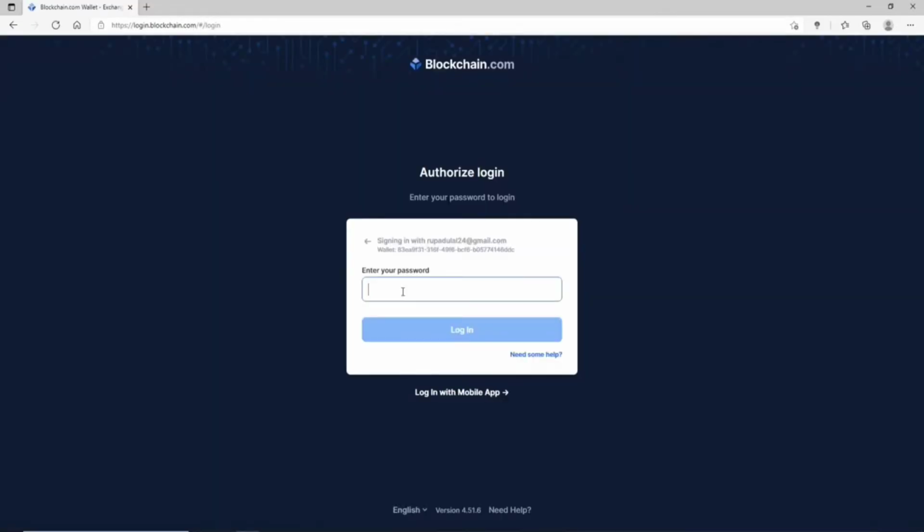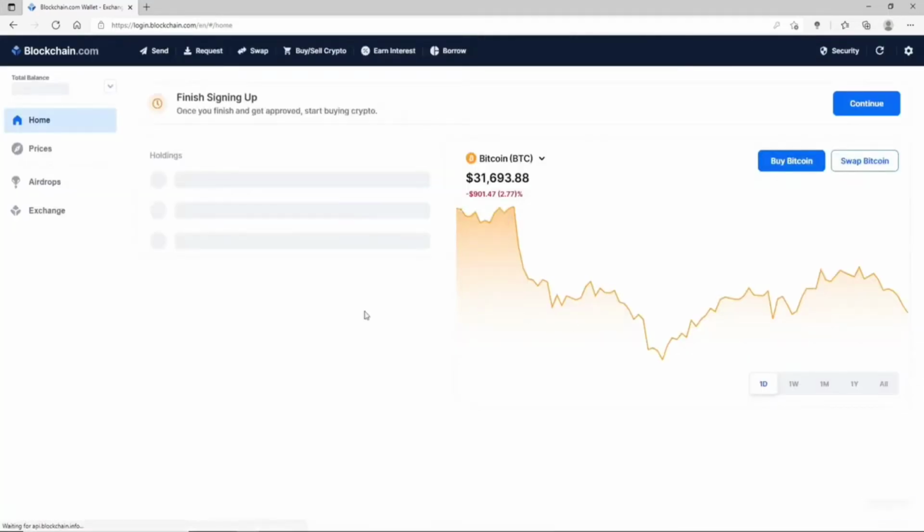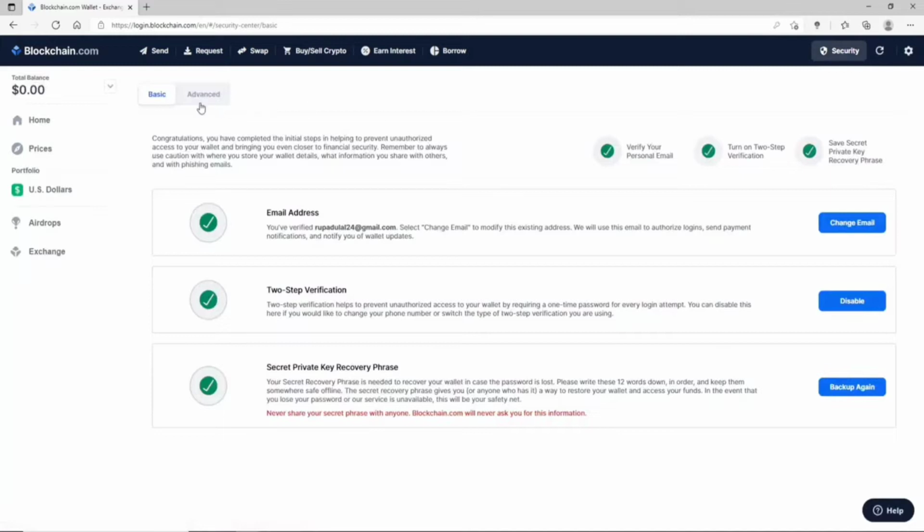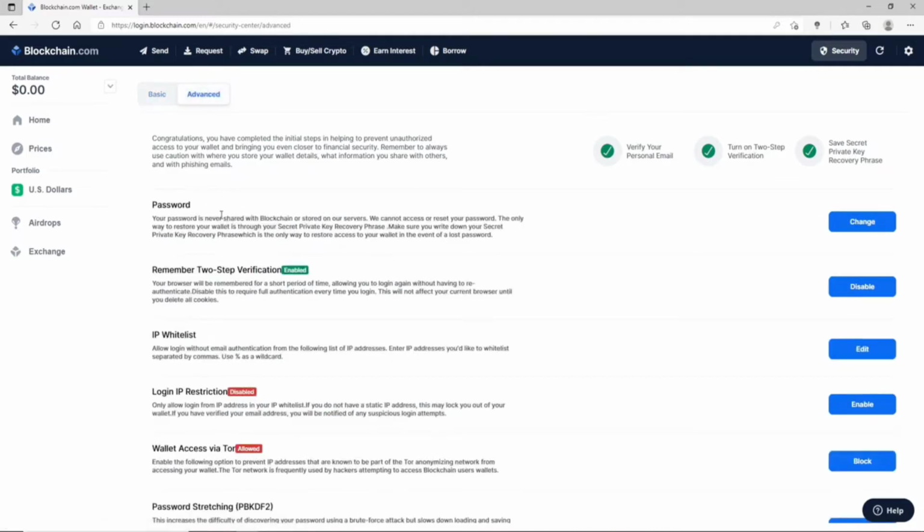If asked for your password, type in your password in the text box and hit login in order to log into your account. Once you're logged into your account, from the home screen of blockchain, click on the security option at the top right corner. You'll end up in the basic security page. Now simply click on the advanced option at the top left, and at the very first, you should see a